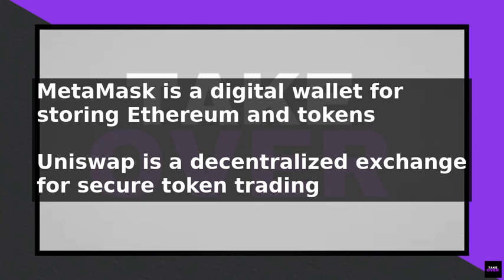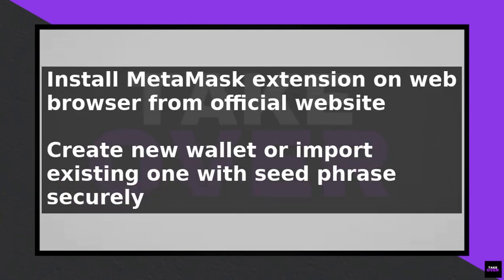First, you need to install the MetaMask extension on your web browser. You can download it from the official MetaMask website. Once installed, click on the MetaMask icon in your browser and follow the prompts to create a new wallet or import an existing one. Make sure to store your seed phrase in a safe place, as it is the key